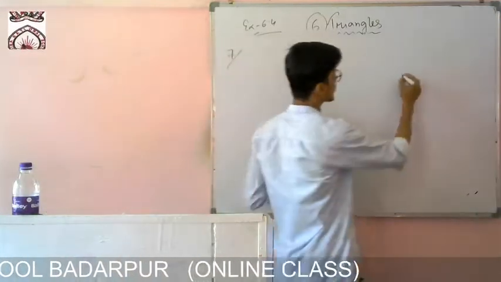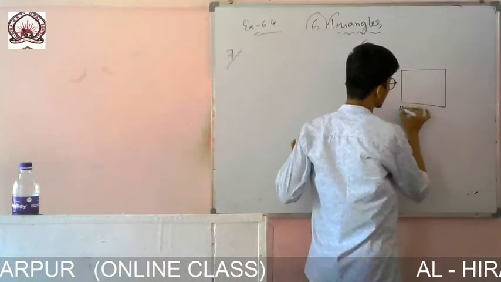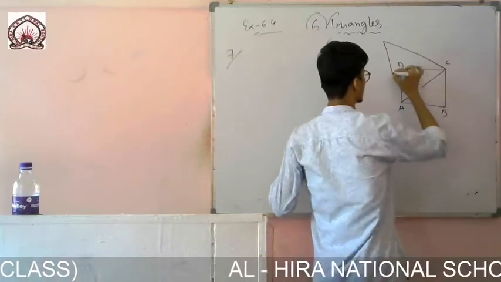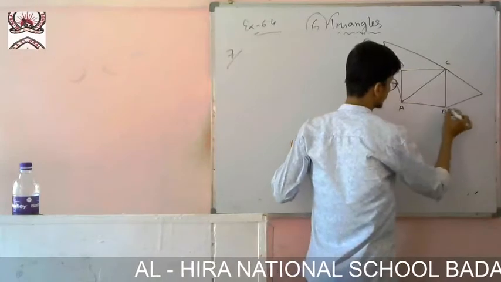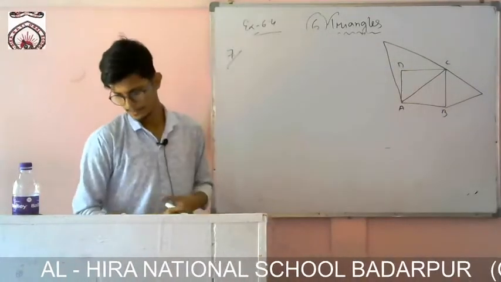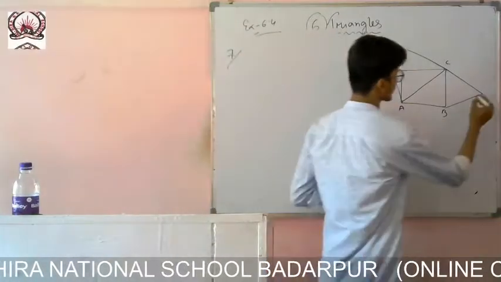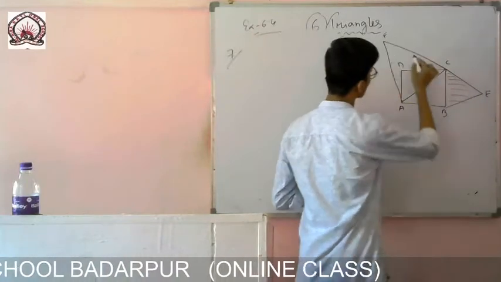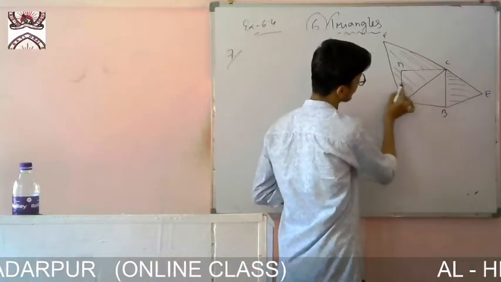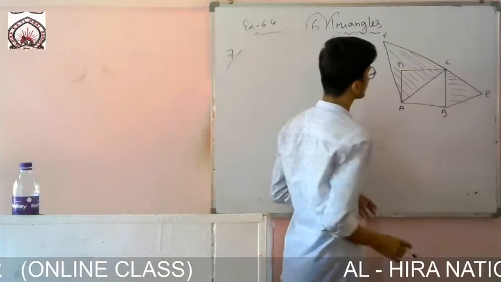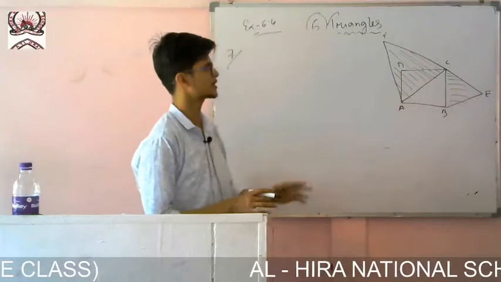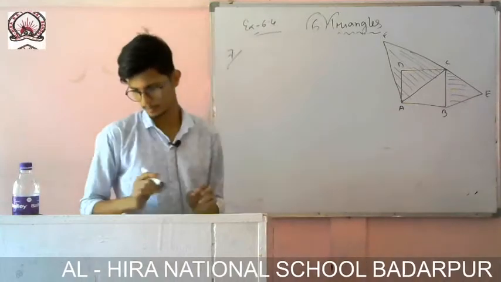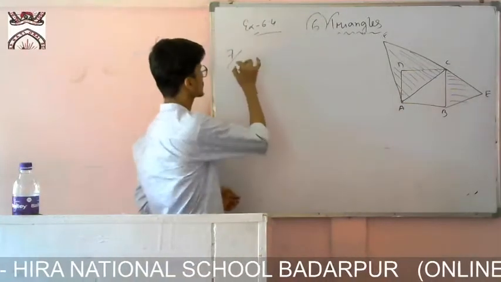Okay, so let me first of all draw a square. What is given? ABCD is a square. This is the diagonal. If an equilateral triangle is drawn on the diagonal and one on the side, let me name them E and F. One is on the side, this one. Another one is on the diagonal, this one. So that you can understand, I am just marking. You draw it nicely, no need to give the shade. I have to show that this one is half of this equilateral triangle, which is drawn on the diagonal.